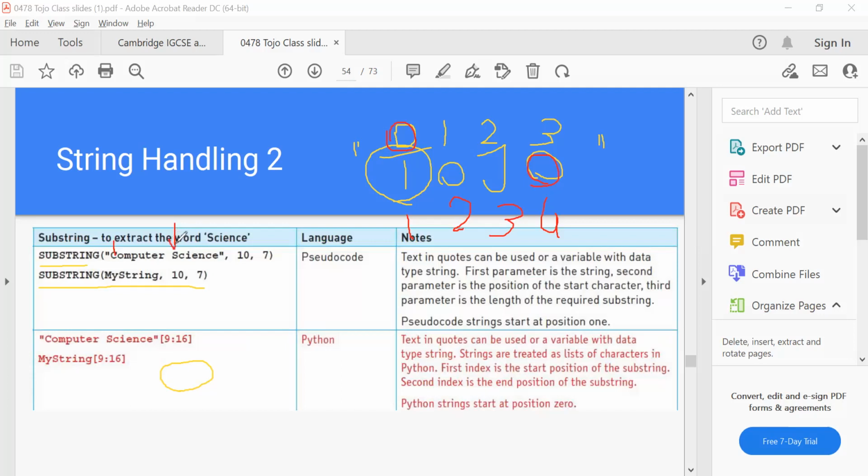So this substring is trying to get "science" out of the whole string, which is "computer science". Does this make sense to you? So this is 10, and then he counts 10, 11, 12, 13, 14, 15, 16. Yes, so he's getting this out.